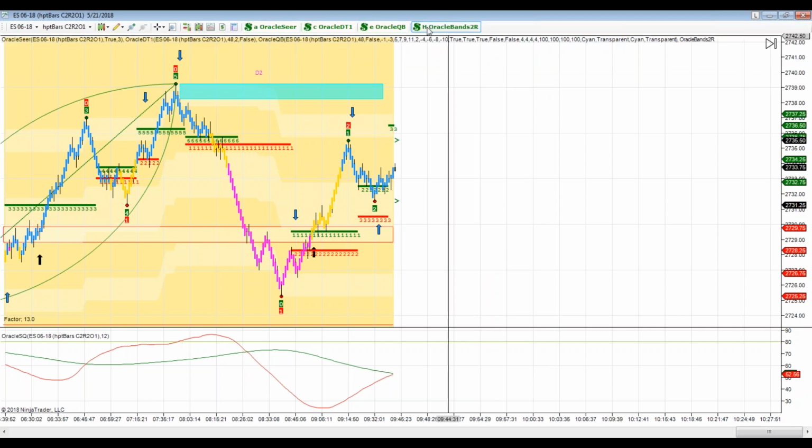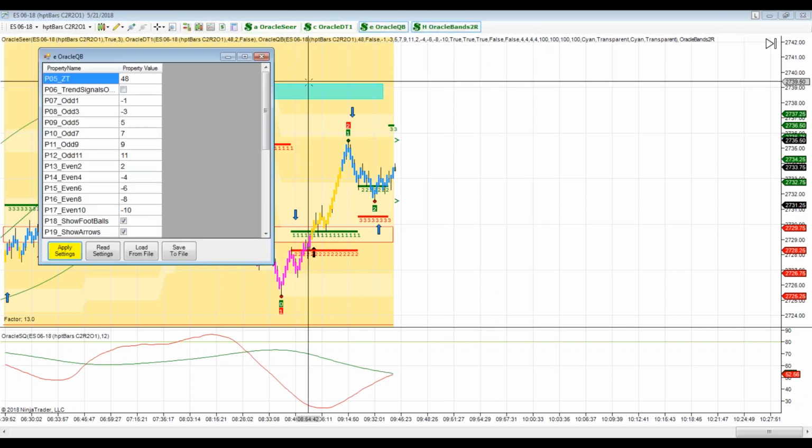Remember the quarterback had trend signals, but that did not differentiate between odd or even waves. It didn't differentiate between footballs and retraces. That was a one size fits all. So the new one